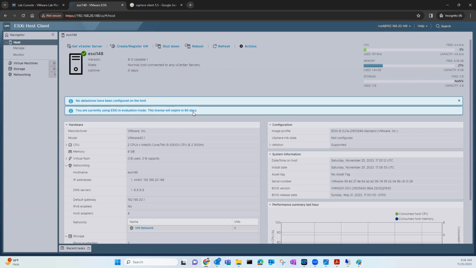One more thing you should keep in mind is that there is a free version of ESXi also available. So you can also